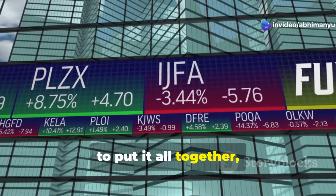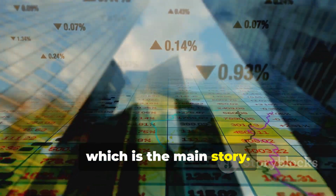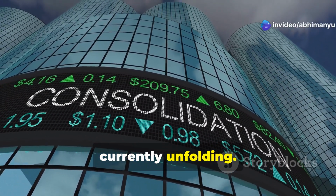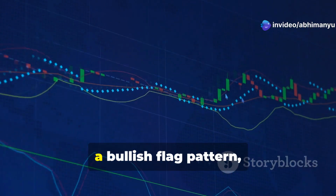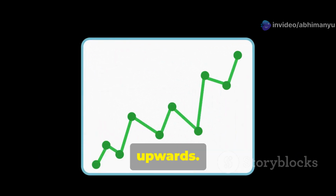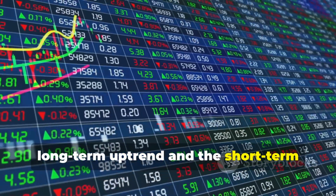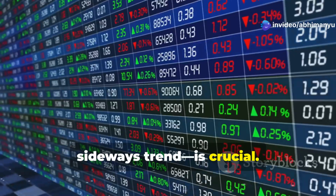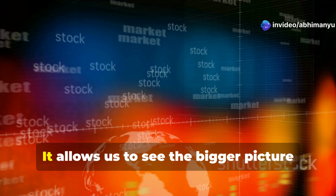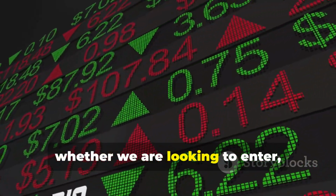So, to put it all together, we have a very strong primary uptrend, which is the main story. Within this story, we have a small chapter of consolidation currently unfolding. This consolidation is taking the shape of a bullish flag pattern, which often resolves in the direction of the main trend, that is upwards. Understanding these two trends, the long-term uptrend and the short-term sideways trend, is crucial. It helps us to stay patient and not get scared by small price dips. It allows us to see the bigger picture and plan our strategy accordingly, whether we are looking to enter, hold,